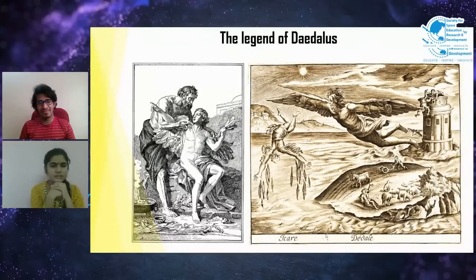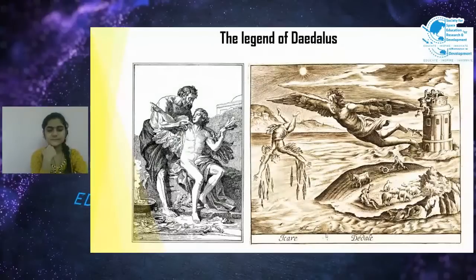He thought, if a bird can fly, why can't we? And quickly he went up to the jungle and collected feathers and wax to stick them to their arms. And Daedalus knew that if they go high in the sky, the heat of the sun